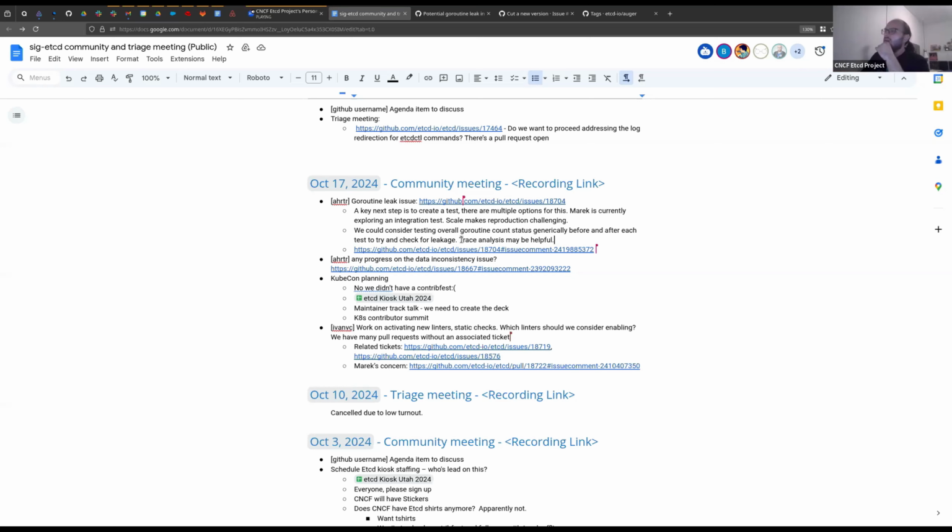Probably just a potential generic solution. We can use that generic solution to monitor whatever coroutine we want. Yeah, I agree. A POC is needed.